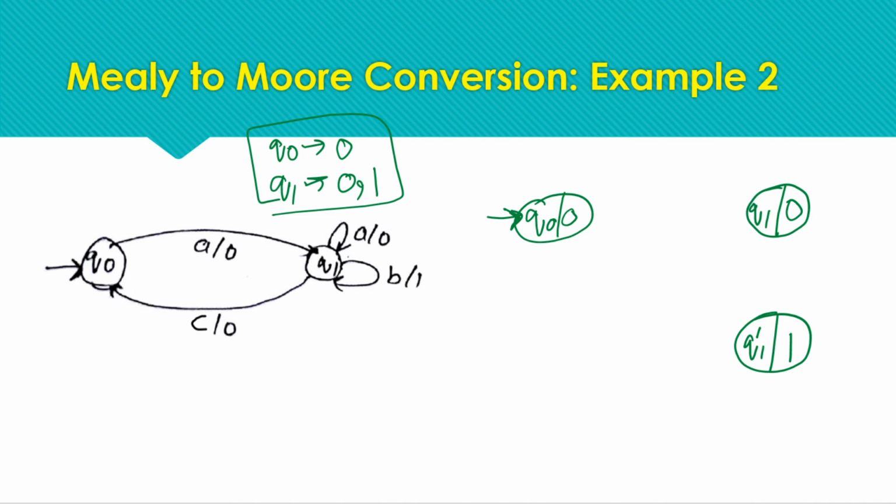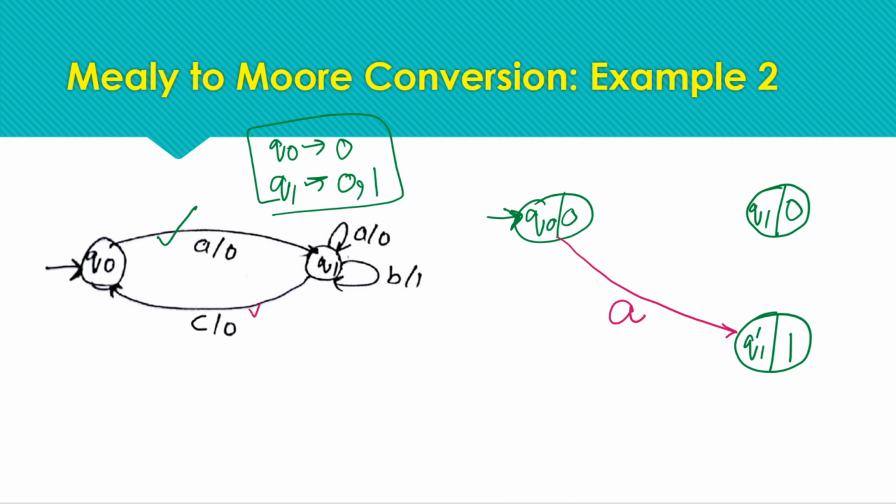Next, completing the transition from Q0, for this transition we are moving to the state Q1 and the output is 0. So as the output is 0, from Q0 we need to move to the Q1 where the output is 1. So we have two Q1, one with output 0, one with output 1, but we need to move to the state where the output is 1. So from Q0 we are moving to this state for output 1. Now Q0's transitions are complete.